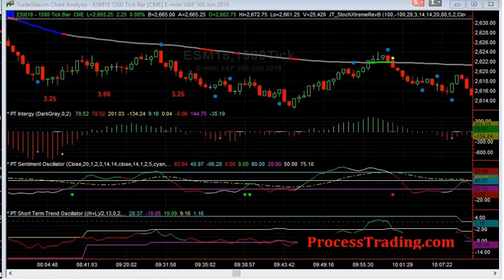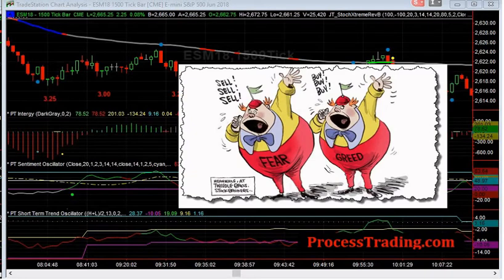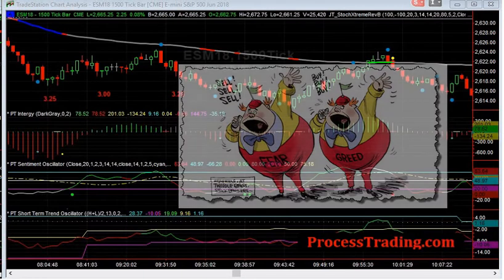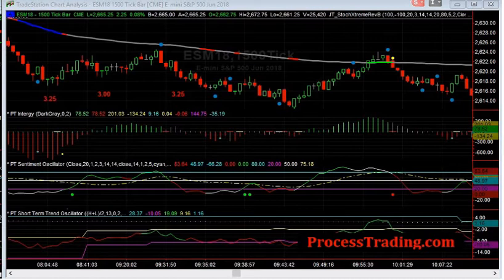Let's take a quick look at the bearish downtrend type of example. It's going to appear different, as two different emotions are at work in bullish and bearish price moves. In bullish moves, greed is at work, and enthusiasm keeps adding new players not wanting to miss out. But Intergy can show us not all buyers have the same ability to commit resources. In bearish moves, fear rules, and that is much more of an anxiety-based reaction, and PT Intergy reflects that as the red histogram bars will dip deep,